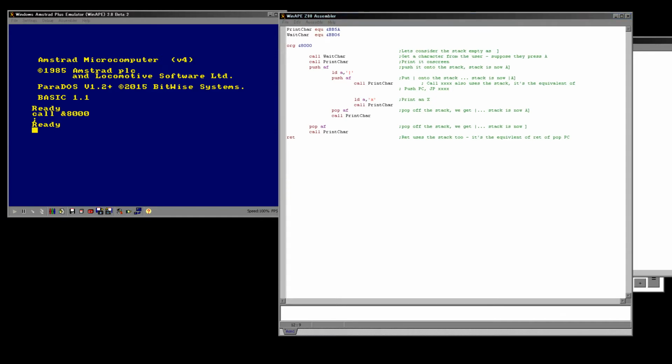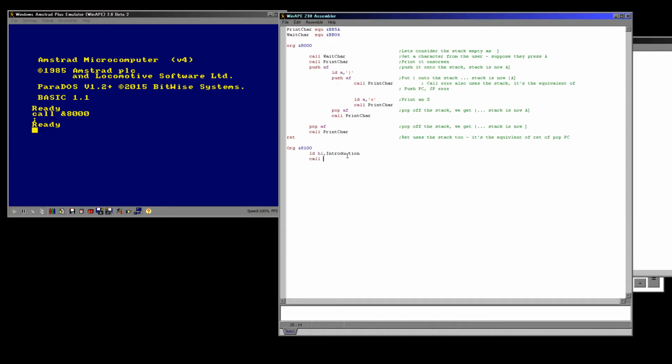So anyway, we're going to move on to our second little program here. I'm just going to leave this one up here because it's not going to do any harm to us, and we're going to write our new program. So this one's going to start as org 8100, and what we're going to do is we're going to load HL with an address which we're going to label introduction,